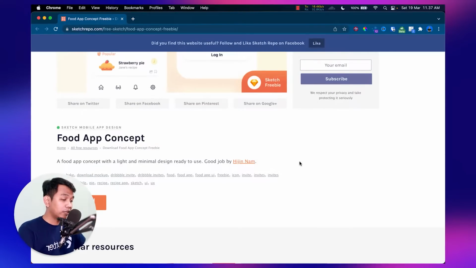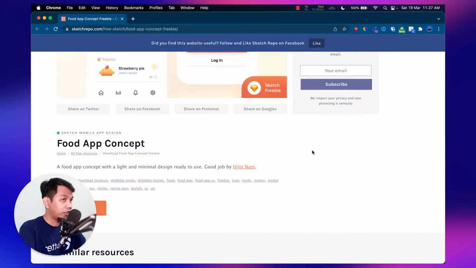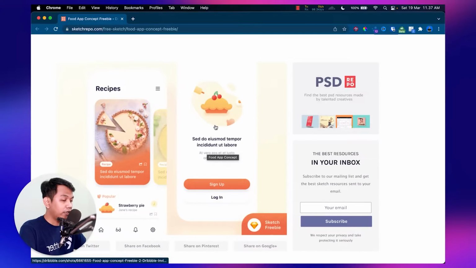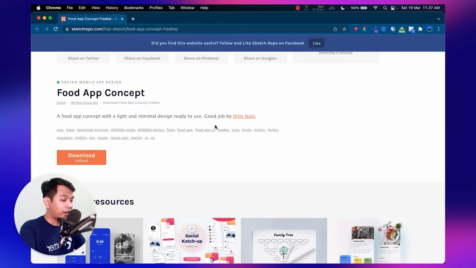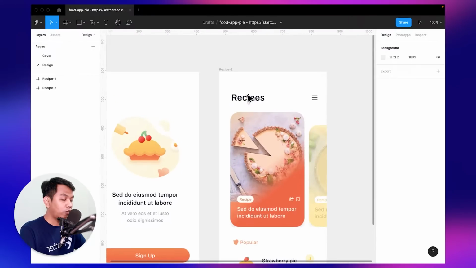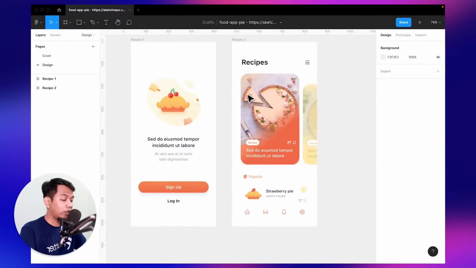Alright, so let's say thank you to the designer, which is Hijin name. You can check the Dribbble profile. Just click this, and as we see, there's only 2 screens. And let's download this, and it will go to Google Drive, and the format is Sketch, but you can import Sketch file to Figma. And if you have downloaded, let's import to your Figma account. So when you have imported to your Figma account, it will look like this.